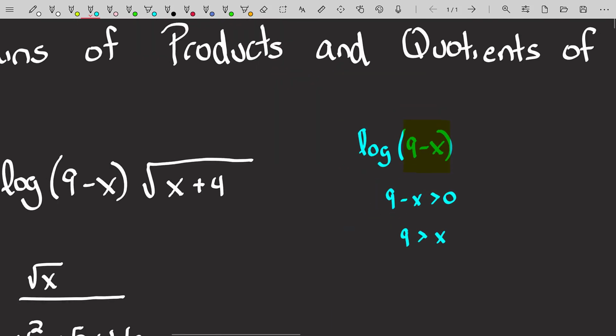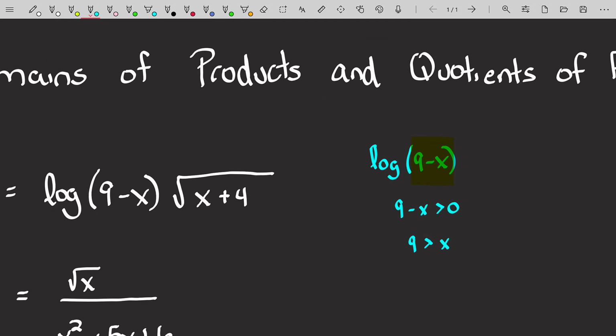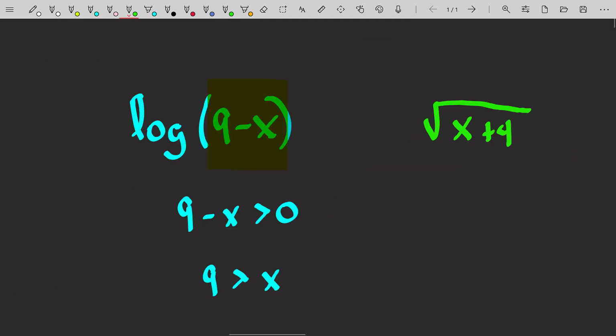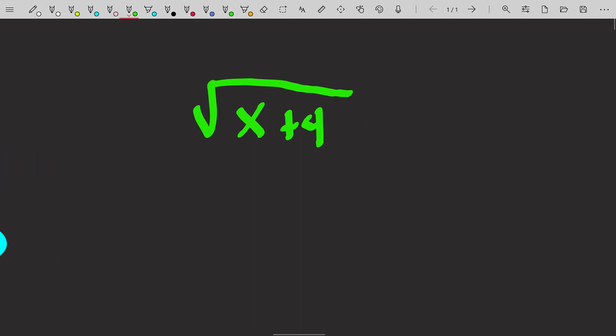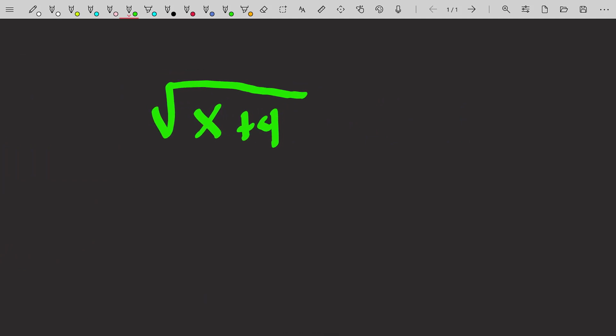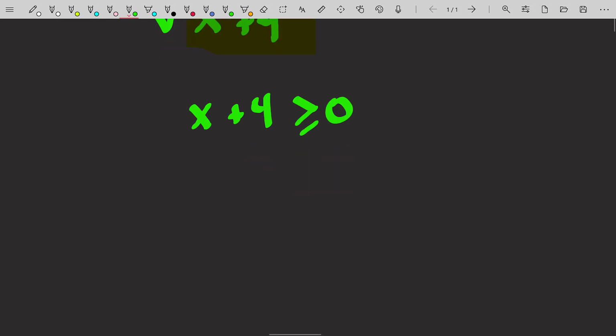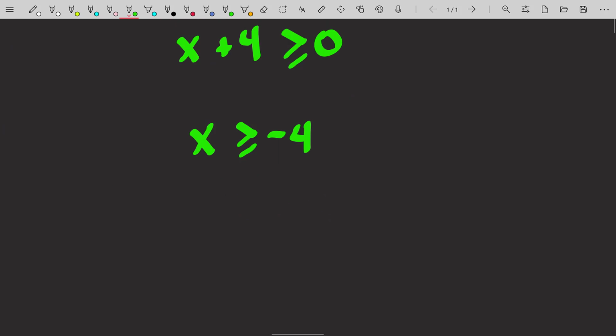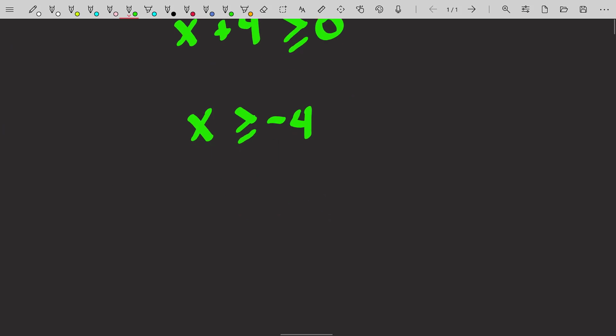Now we move to the second function in that product, and that is the square root of x plus 4. The square root function has a domain restriction as well. The argument of a square root function, that guy right there, has to be greater than or equal to 0. So let's go ahead and write that down. Now that we have that inequality written down, we happen to be able to solve that. Just subtract 4 from both sides, and we get the restriction that x must be greater than or equal to